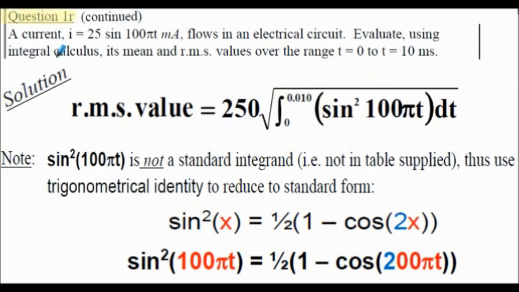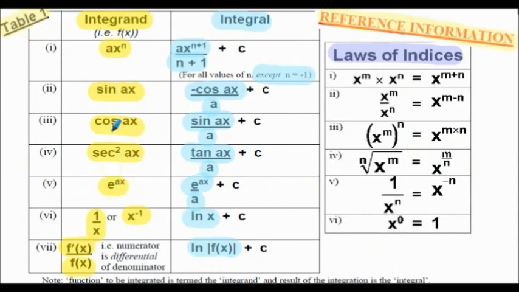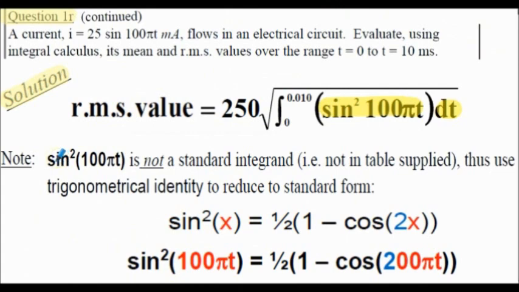Question 1r, solution continued. Just repeated this line from the previous slide. So now we need to integrate this function, sine squared 100 pi t, with respect to t. Again, we know that's not a standard form in our table. No sine squared t in the integrand column here. So we're now going to convert the sine squared 100 pi t using our trig identity. So again, from our previous slides, we know that sine squared x is equal to a half multiplied by